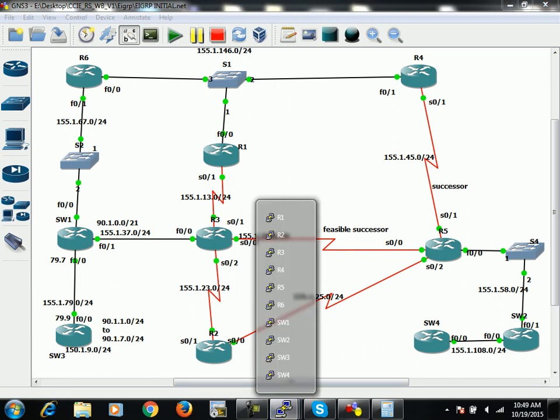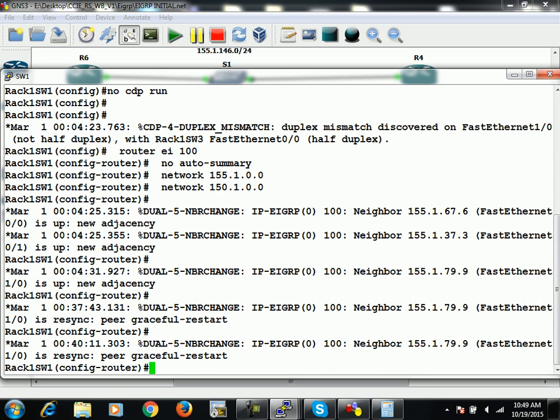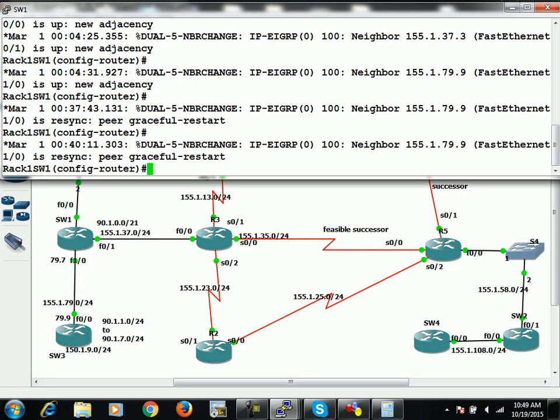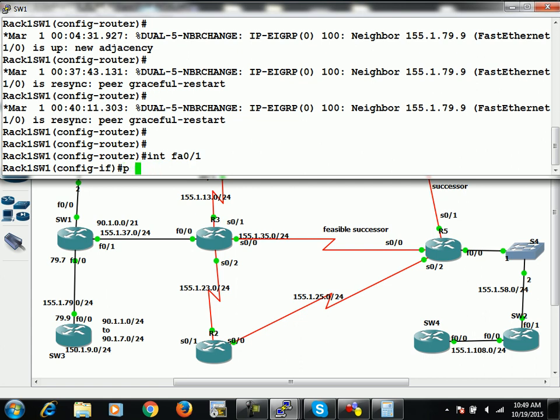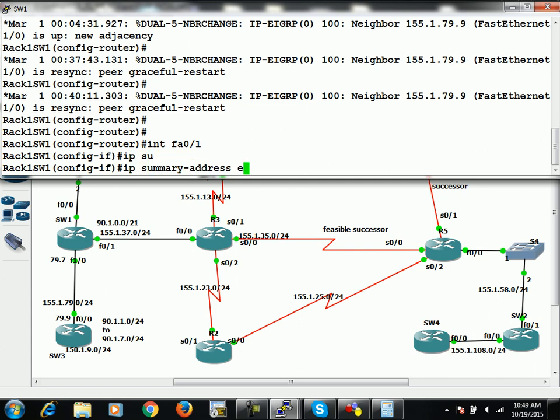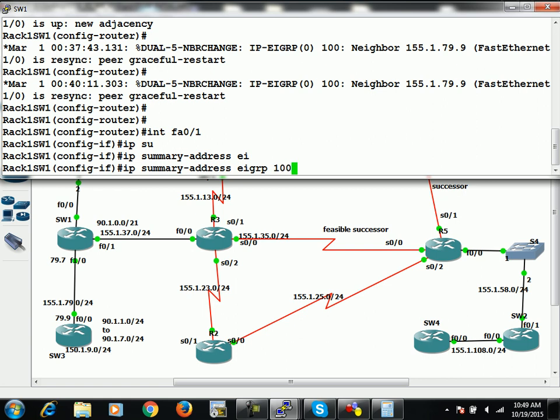So now you can do configuration at the end of switch 1, F0/1, IP summary address EIGRP 100, and then it will be